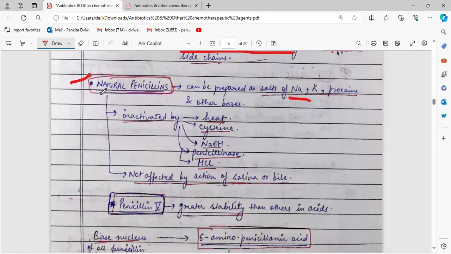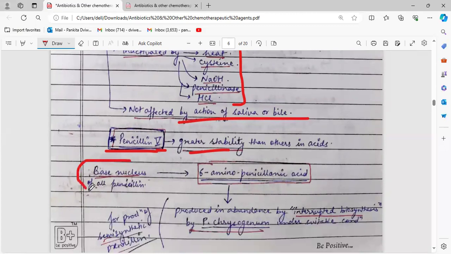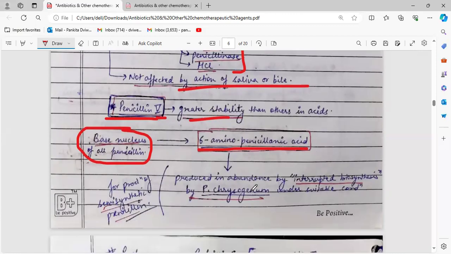These natural penicillins are inactivated by heat, cysteine, sodium hydroxide, penicillinase enzyme, and HCl. These are not affected by the action of saliva or bile. Penicillin V is the antibiotic that shows greater stability than the other kinds of penicillin in the presence of acids. The common base nucleus in the structure of all kinds of penicillin, whether natural or otherwise, is 6-amino penicillanic acid. And this 6-amino penicillanic acid is produced by interrupted biosynthesis